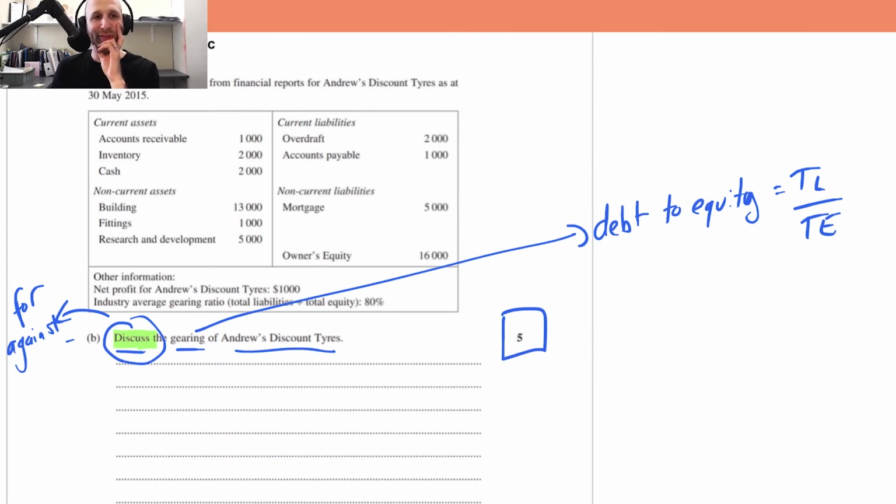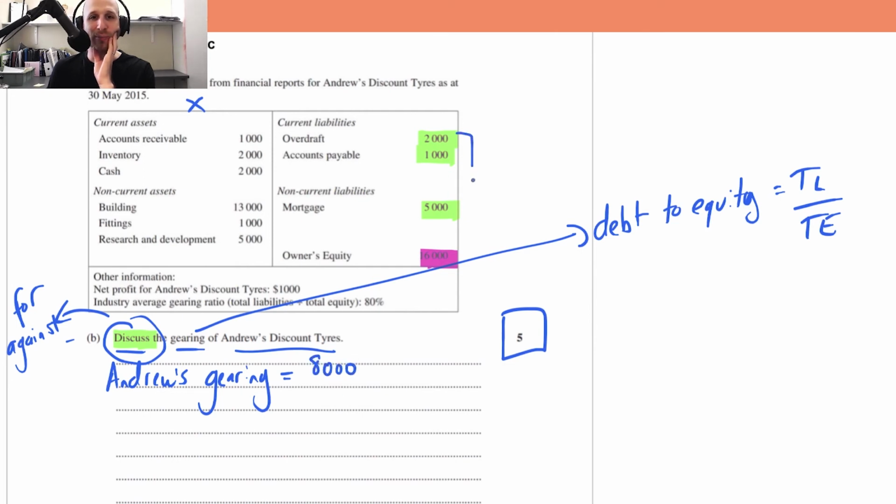If I look at the situation, total liabilities: I've got current liabilities and non-current liabilities. So I've got 2, 1, and 5 here. And then we'll just put a different color here. In terms of owner's equity, we've got 16,000. On this side, we don't really need to focus on the assets for this question, but we do need to focus on Andrew's gearing. And this isn't an example response, it's just things that you need to include to try and get that 5 out of 5. So if we look at the total liabilities here, I've got 8,000,